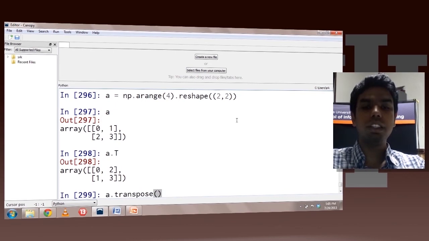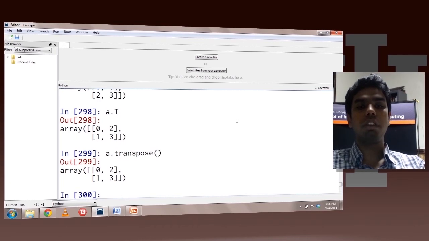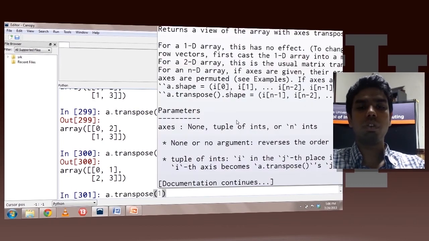If I don't pass anything to the transpose method, it would give a regular transpose. But if I have higher dimensional arrays and I want the axes stacked in a particular order, I can do that. So here if I say 0 comma 1, this would essentially return A as it is, with the 0th axis as the 0th axis and the first axis as the first axis. So this is A as it was, but instead if I say 1 comma 0,